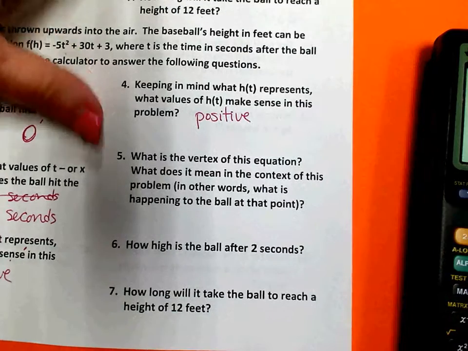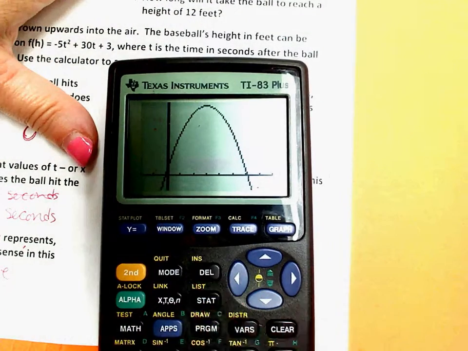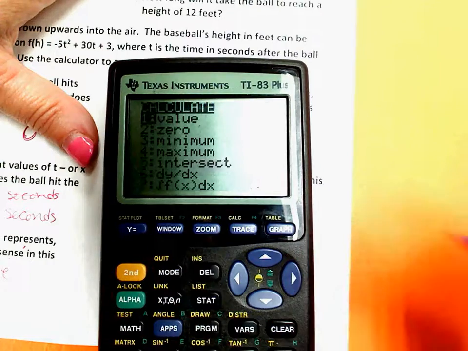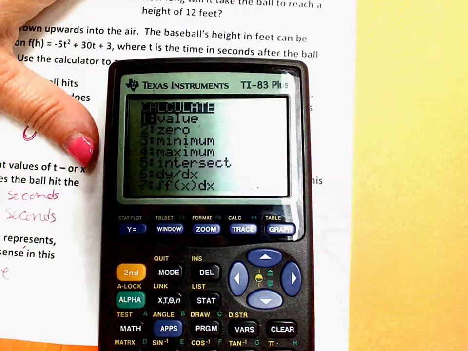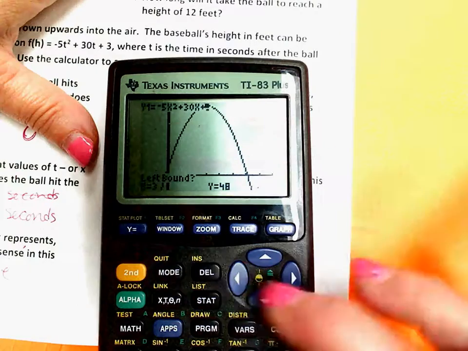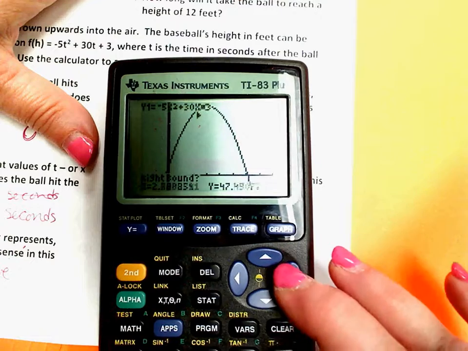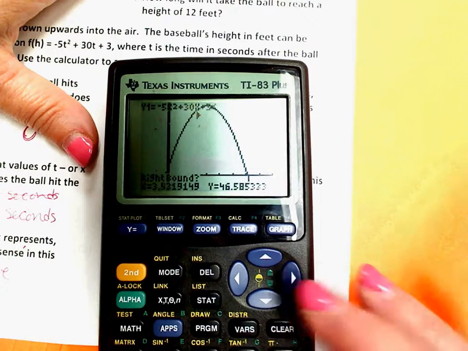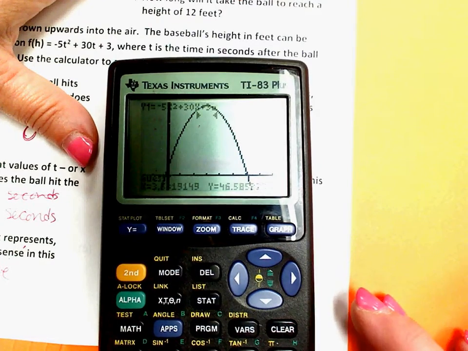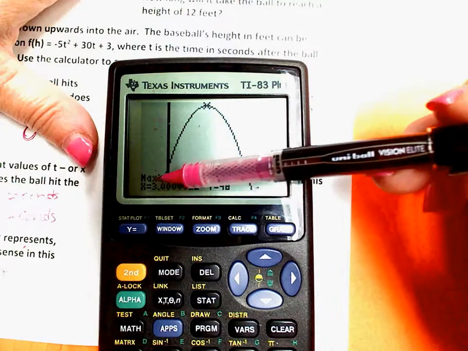The vertex, I can calculate on my calculator. Second trace, it is a maximum, so selection number 4. My cursor is here, and I want to set it a little bit to the left of the vertex, and then a little bit to the right of the vertex. And I'm asking my calculator to find the highest point between those two. And my calculator tells me it's at